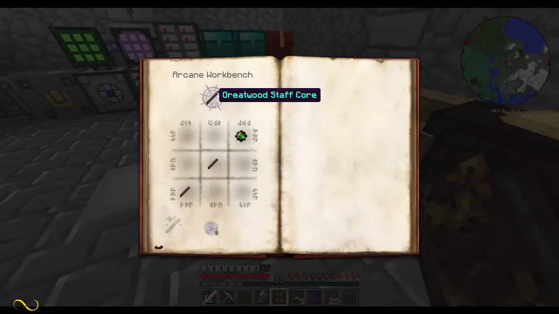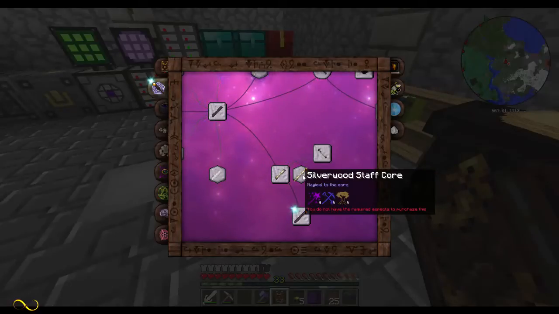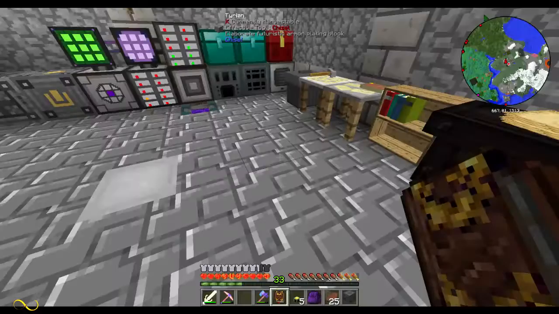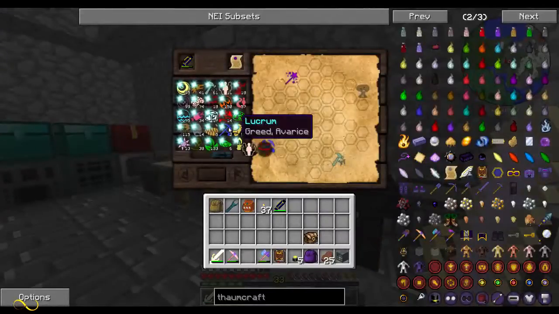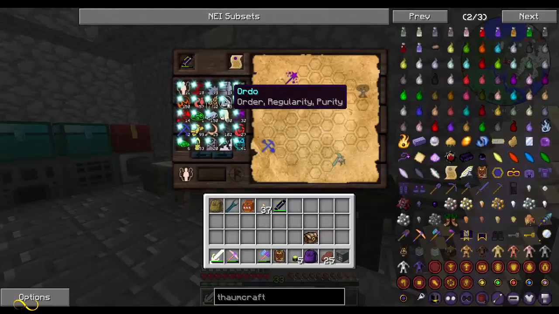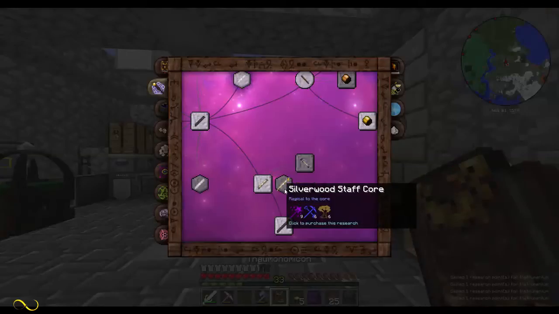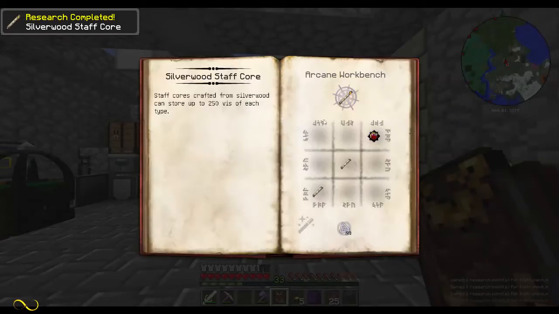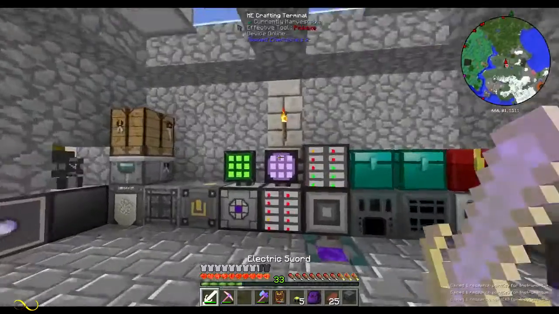So we're going to make us a staff. Now, obviously, we're not going to stick with just the greatwood. Let's get the silverwood one. All right, so let's go in here. I think I need a couple more of these, which is Humanus and Ordo. It said. Yeah, there we go. So this is 2 silverwood rods, which is all of those. So let's get the shards